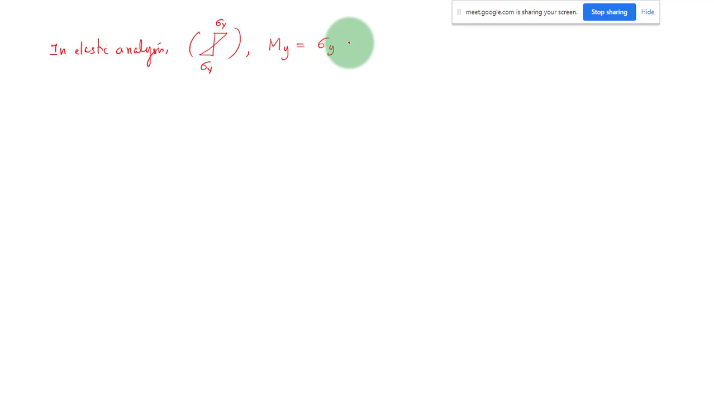That will be equal to sigma y into the elastic section modulus. Okay, and whereas your Z E is equal to I by Y max. Okay,